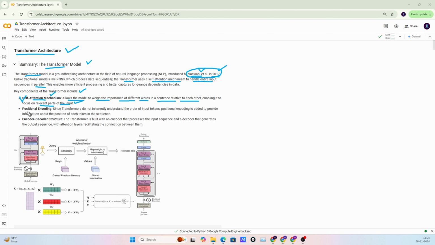And the second thing is the positional encoding. This is also a very important part. So as we know, the transformer uses the self attention mechanism to handle the entire input in parallel. So sequence information is lost in this case, because we work in parallel mode, then how can we retain the sequence information? In a sentence we know the token sequence also matters. So to retain that information, to add the sequence information, here comes the positional encoding.